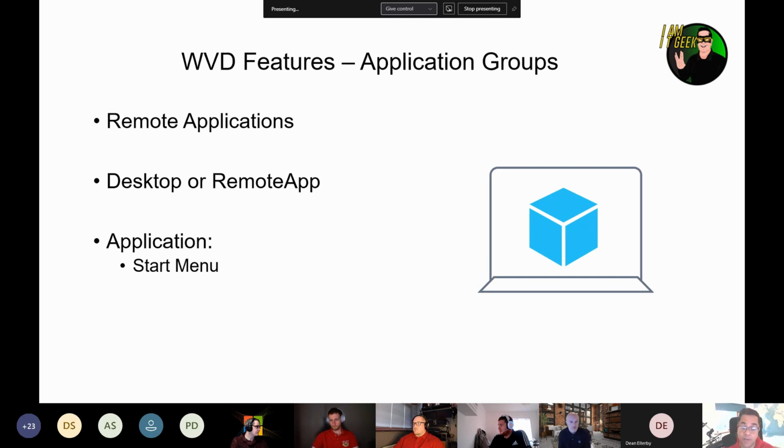So there's different ways you can publish applications. You can either do it from the start menu of your Windows image that you've published, or you can use the file path. Again, it has to be installed. In both these cases, it has to be installed on the image that you're using. Or as I mentioned, you can use MSIX app. So this is, as I said, a new Windows app packaging format, and it provides a modern app packaging experience for Windows applications. And essentially, you can deploy features from Win32, WPF, and also Windows Forms applications. So that's quite a new feature that's been released within WVD.